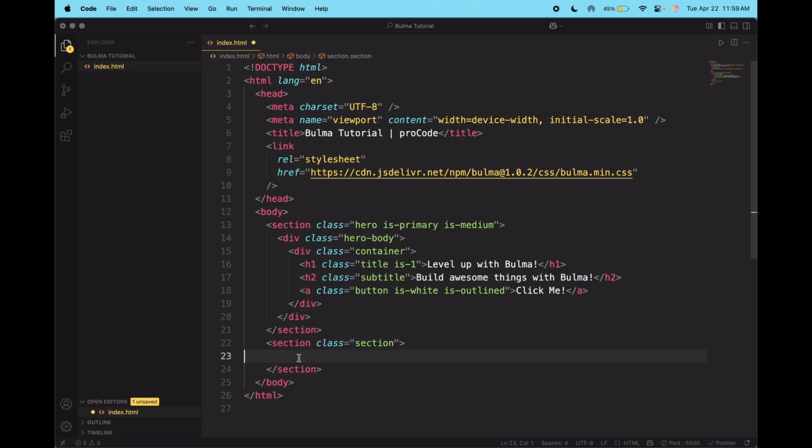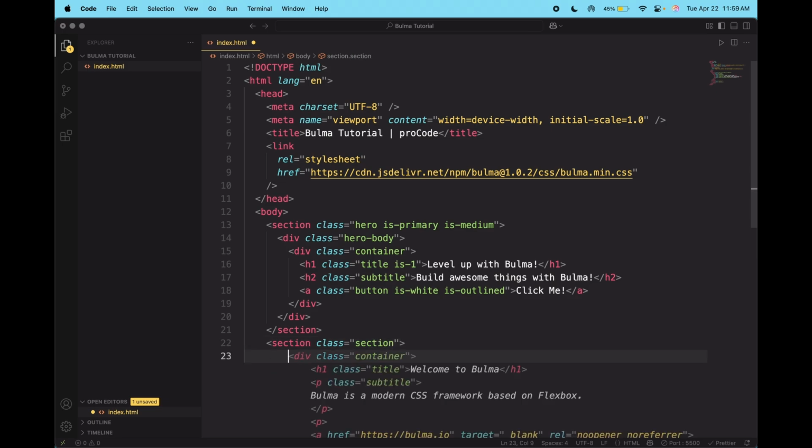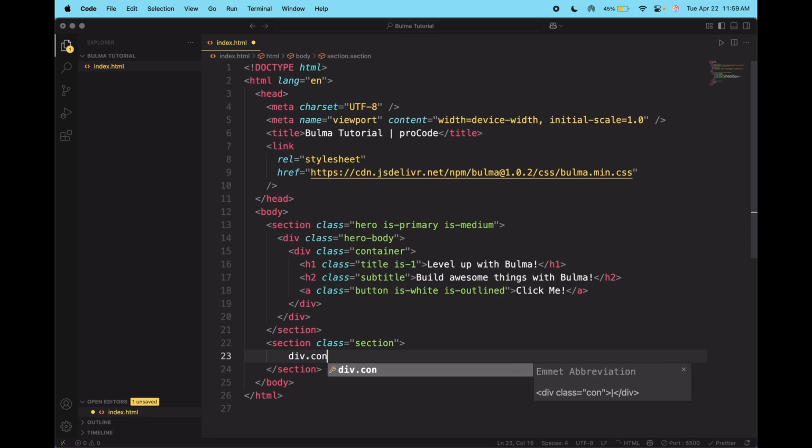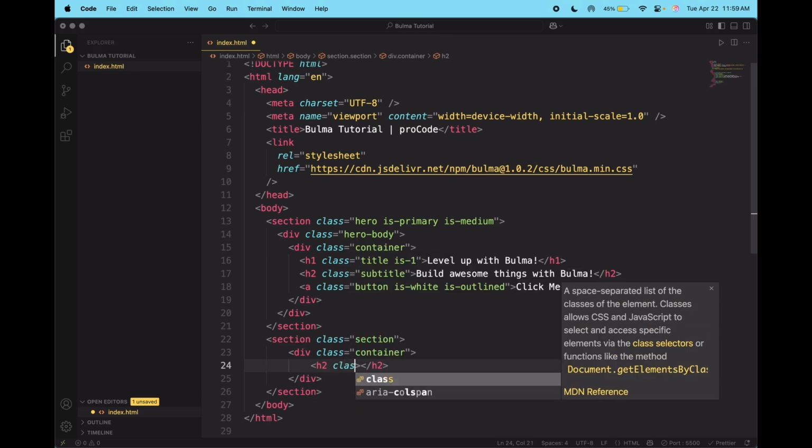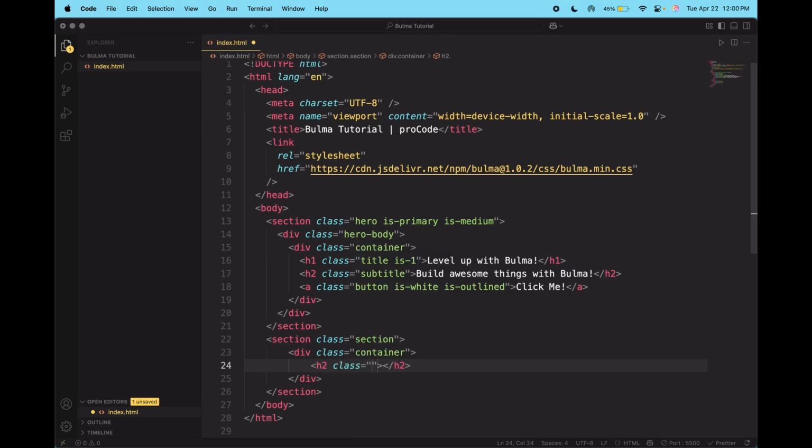Alright, let's create a container div and give it an h2 tag with a class name of title, has-text-centered, to center the text, has-text-centered,